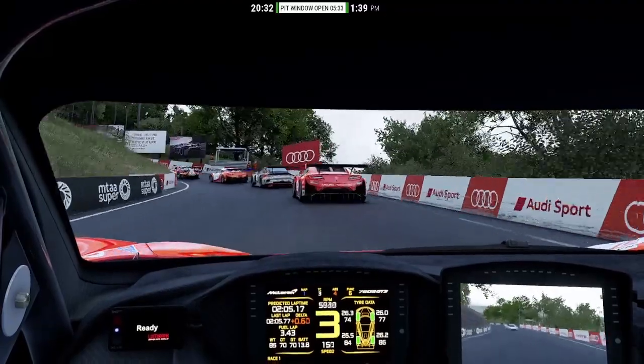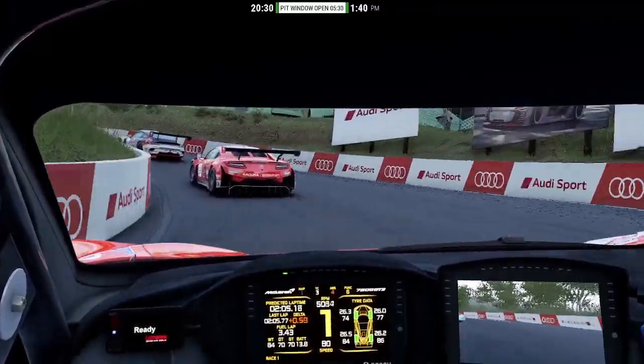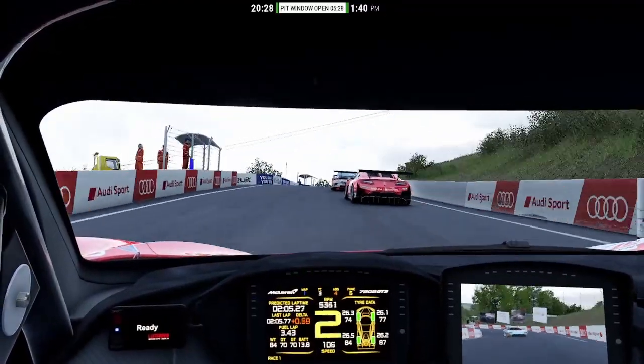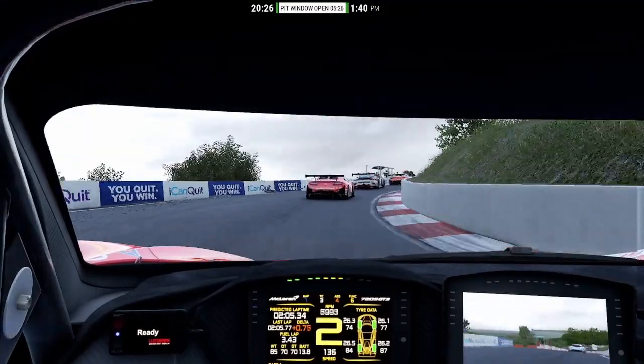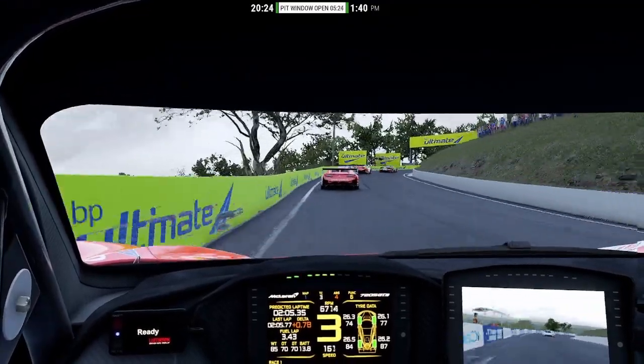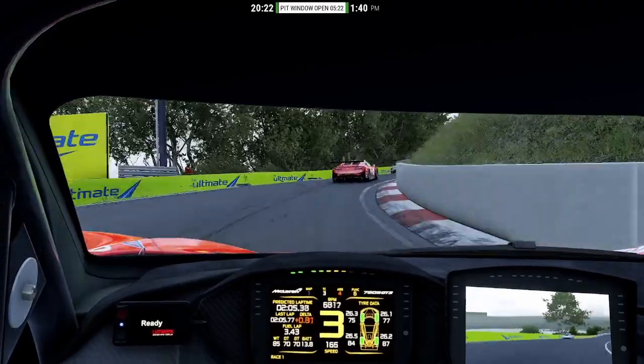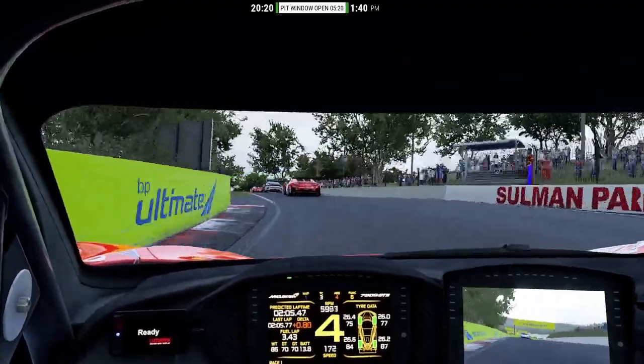What I can do now is, since the pit stop plan has already been made by the engineer, I can ask him to prepare the pit stop earlier than originally planned. So we will pit